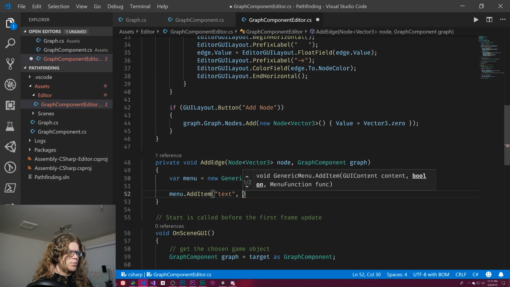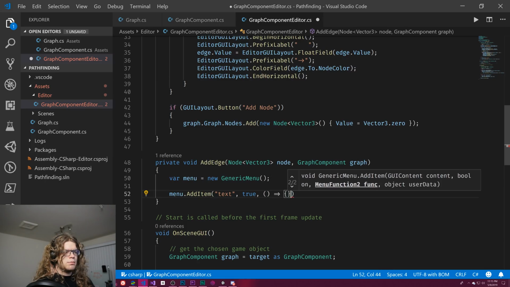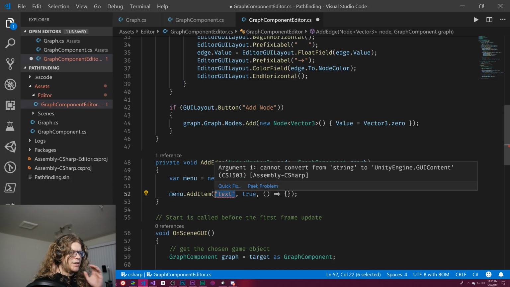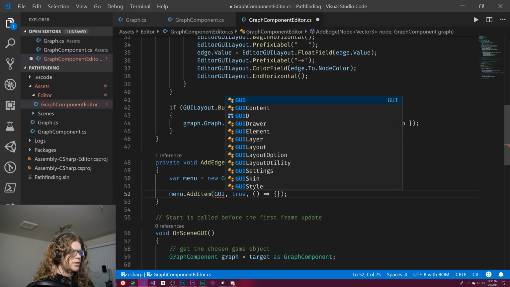Pretty sure that should work. Bool on true. Member function. Does that work? Okay, it doesn't like that much. Add text string to Unity GUI content. It doesn't like that. So GUI